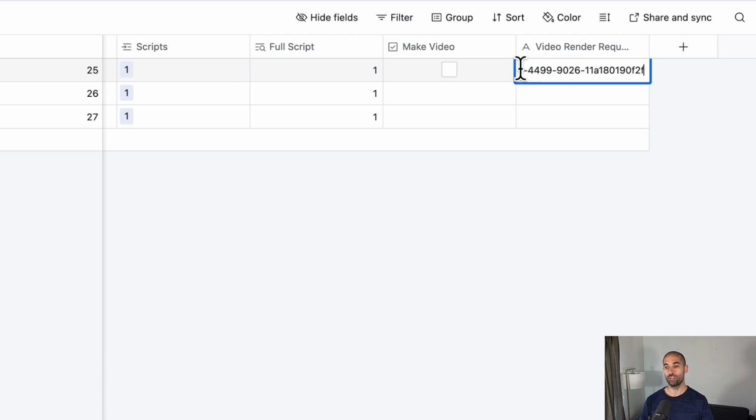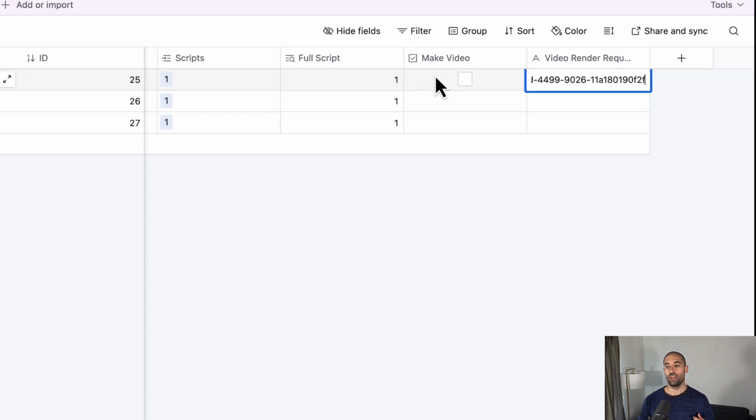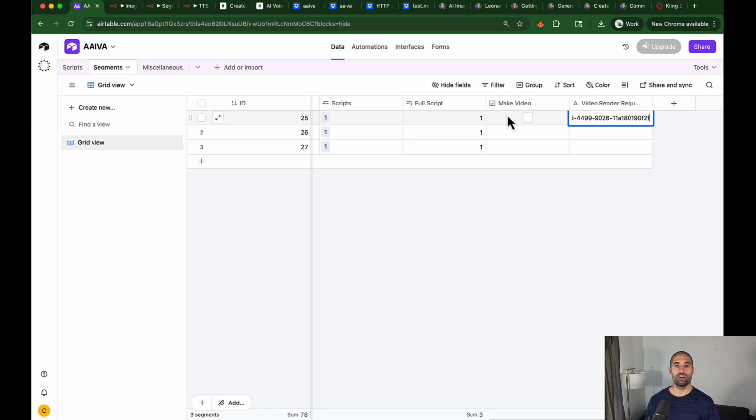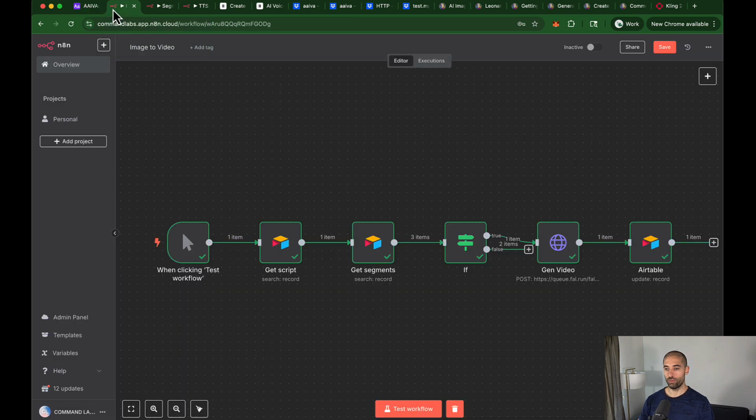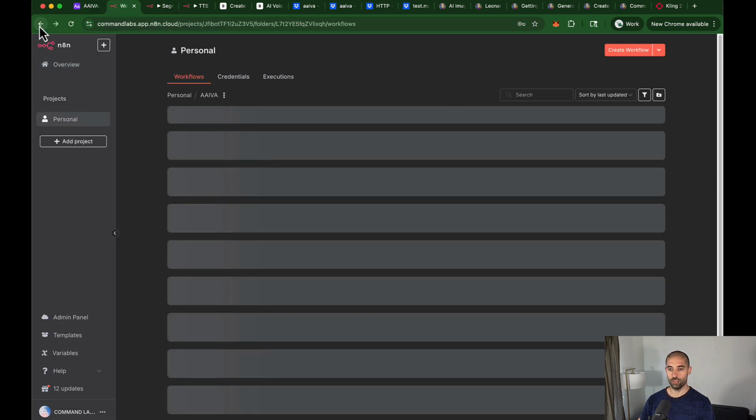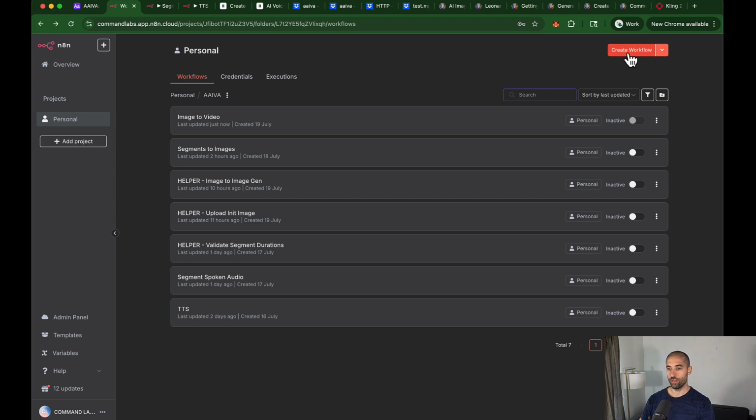For that particular video segment. And we can check in FAL if that video has finished rendering. And if it has, we'll download it and store a reference to it in the appropriate cell in Airtable, right? So let's come back over here, save that, exit out, and let's create another workflow